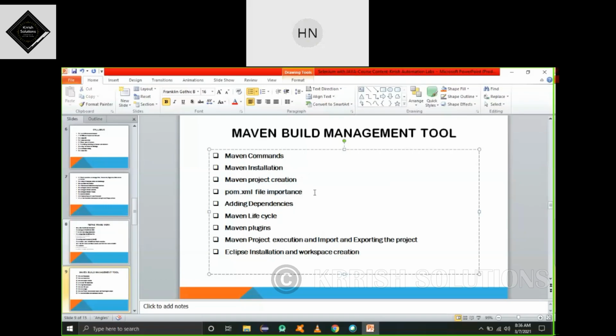Without this file, can we manage Maven? No. You provide all your dependency file details, project related plugins, dependencies, any files, and that information you maintain in the pom.xml file. And how to add dependency files to your Maven project, those things also we are going to discuss. Maven plugins, project execution, and importing and exporting to other locations.